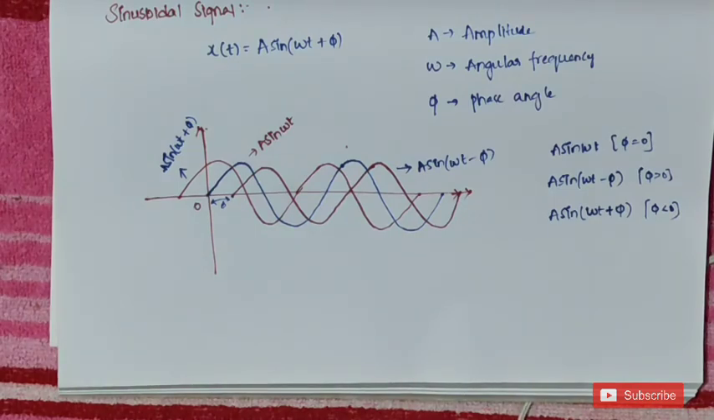The general mathematical expression for a continuous sinusoidal signal is x of t equals A sin of omega t plus phi. For example, if it is a discrete